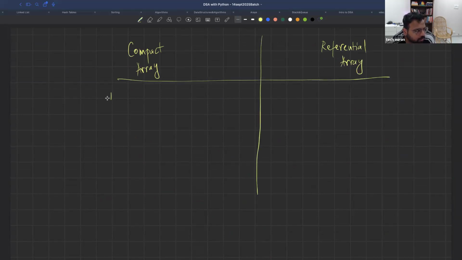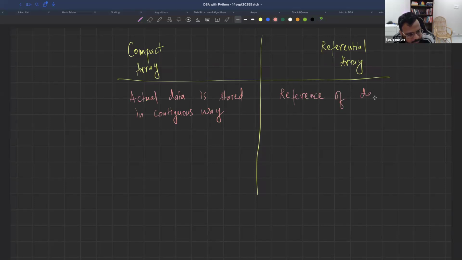Okay, so here actual data is stored in contiguous memory. Here reference of data